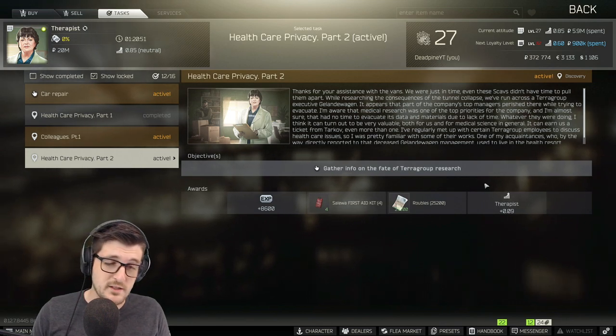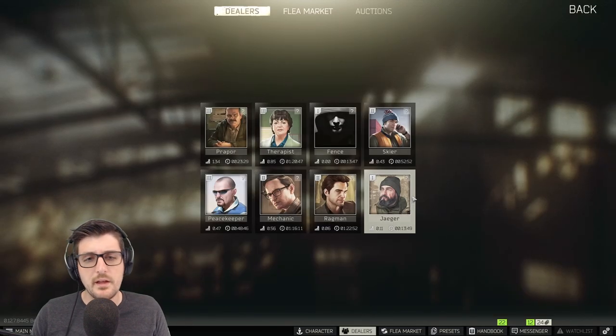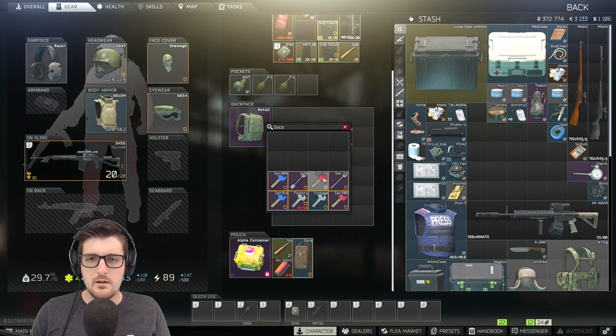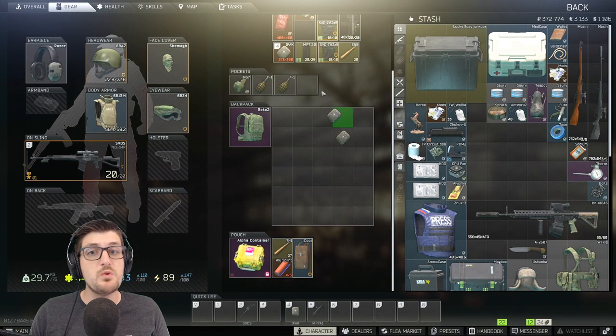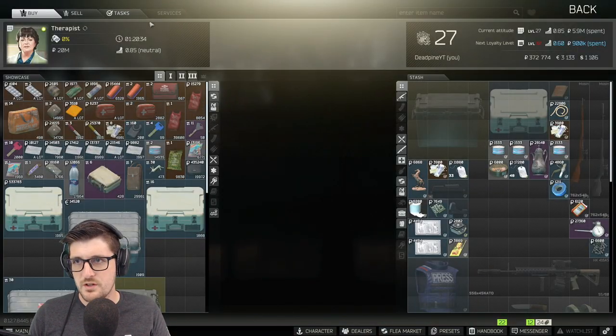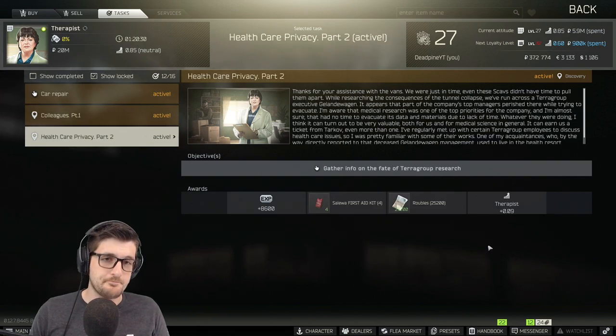This is in West Wing 306, I think. It's the key. I think it's the, yeah, I think that's it. It's this key here. So back to resort we go. And we do want to get the healthcare privacy stuff done because eventually the therapist quest line will lead us to where we can get a